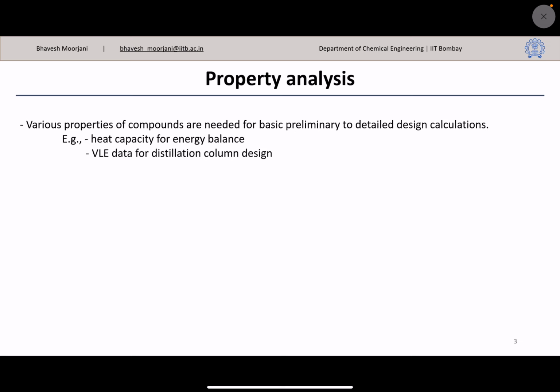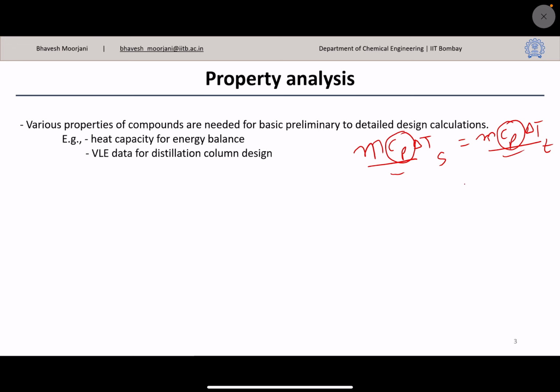Like if we want to do heat exchanger calculation, what we do, we write that m Cp delta T on the shell side will be equal to m Cp delta T on the tube side, right? So here what we need, obviously mass flow rate we will have from the process and delta T, but then we need the property of fluid both on the shell side and the tube side to find the desired temperature or the heat duty that will be required for any heat exchanger.